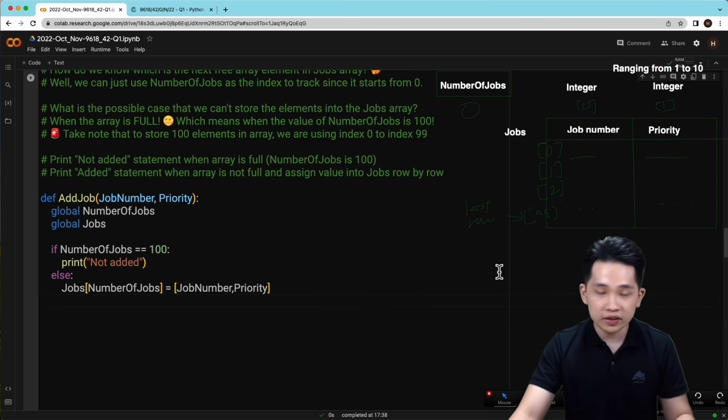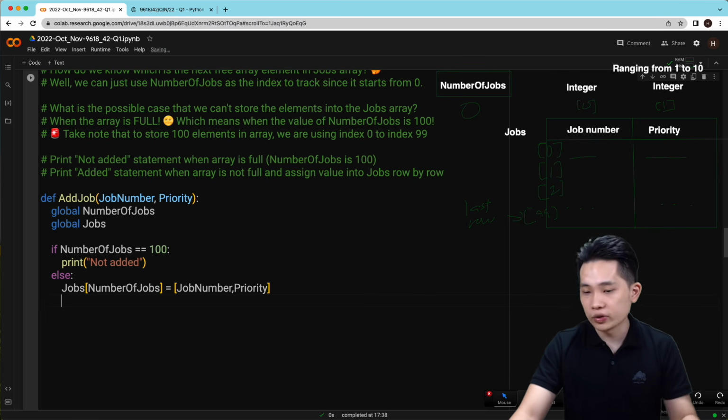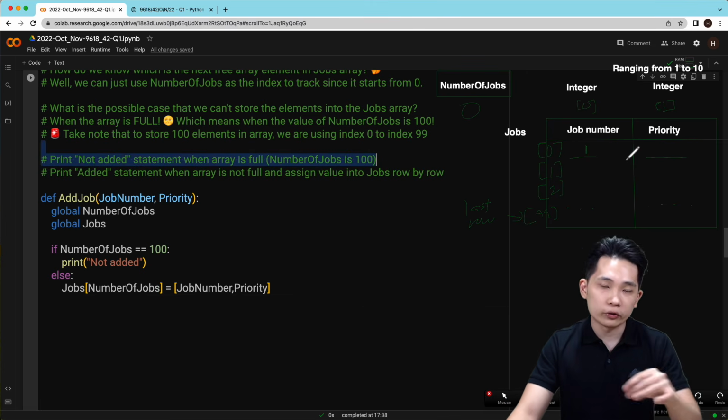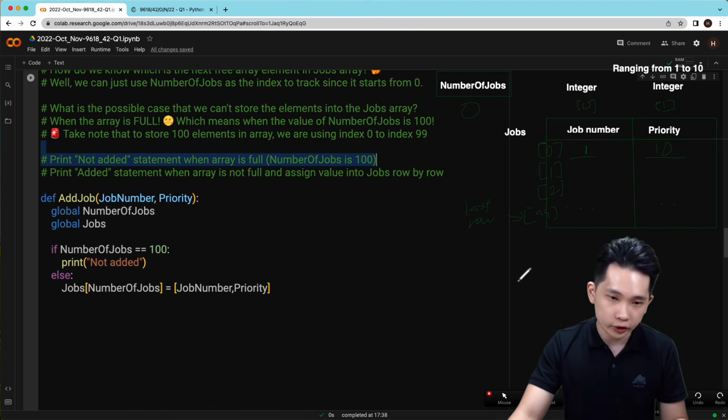Just like that. It means that let's say I pass in some value into this function here. I will be just adding this particular row here into my first row. For example, let's say like 1 here. And then this priority ranging from 1 to 10. So I can just write 10 here. So this is my first row here. And next will be